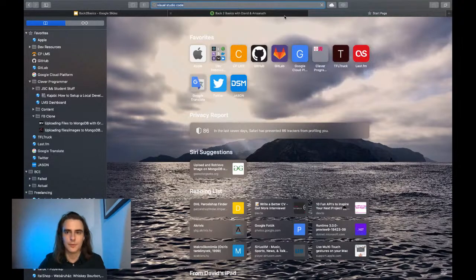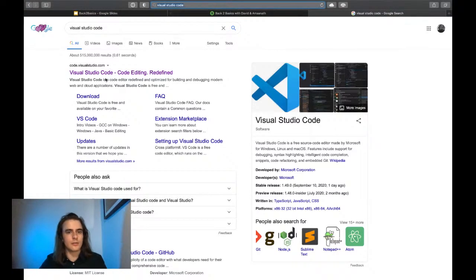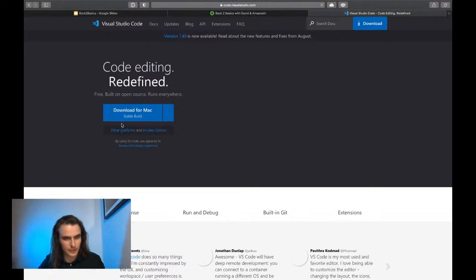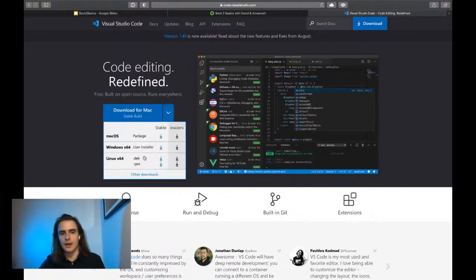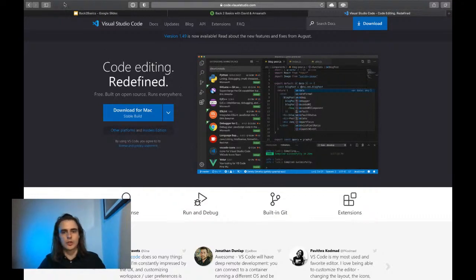So it's just a simple Google search, and then the first link is going to be the one that you want to download. We want to make it super safe for you, so you will not be scammed. This is the official website of VS Code. This is where you can go ahead and download it, and if you're on Windows or Linux, you can go ahead and install it right from here. So once you have it downloaded,